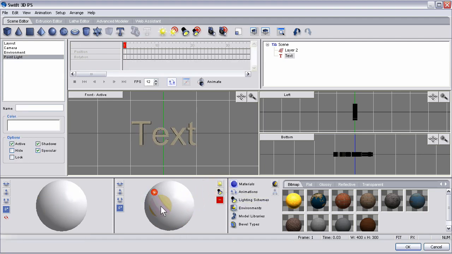And we can roll them around on this trackball to get just the lighting and shading that we like. You can put more lights too. Let's put one here and one there. Now let's change our text to say,